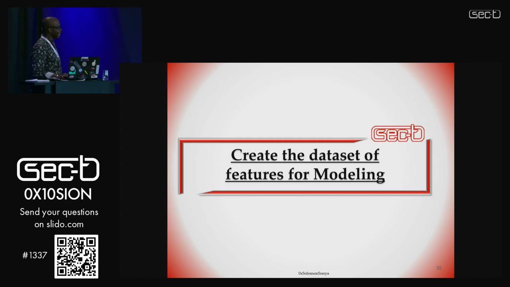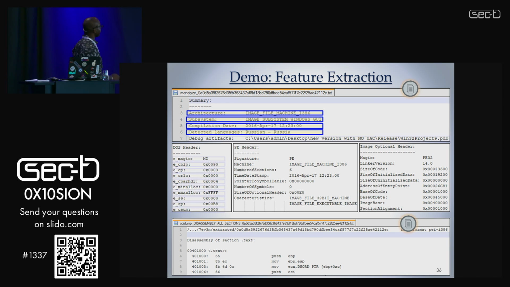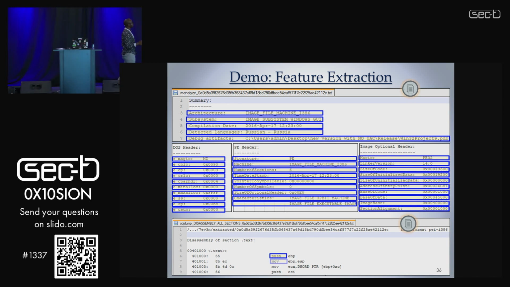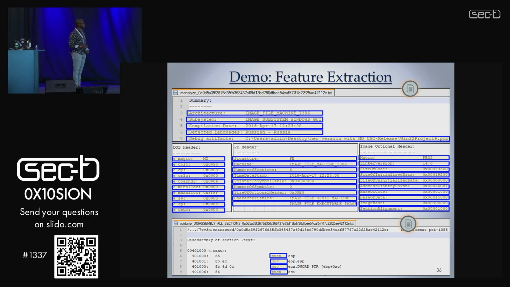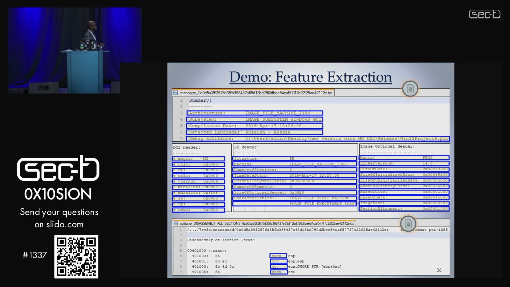All right, let me try and show that one more time, just one more quick dive. Here we're using two tools from our agent. Manalyze is a great tool on the Remnux distro. It can give us lots of metadata about an artifact, for instance its DOS header, PE header, and image optional header.